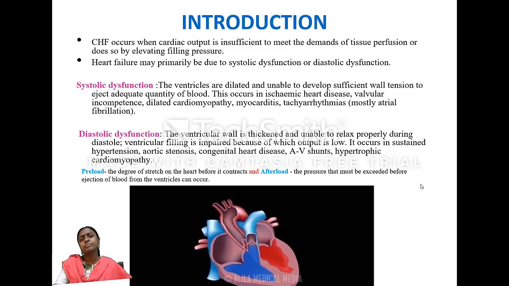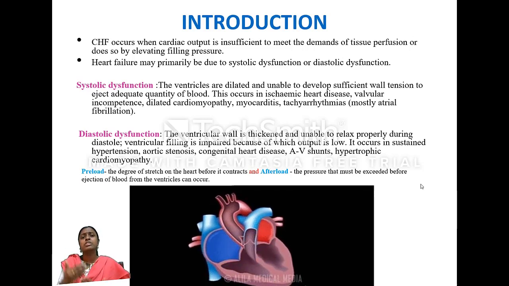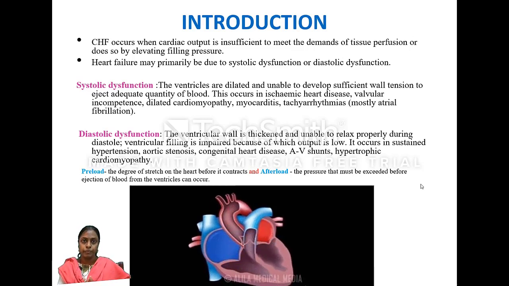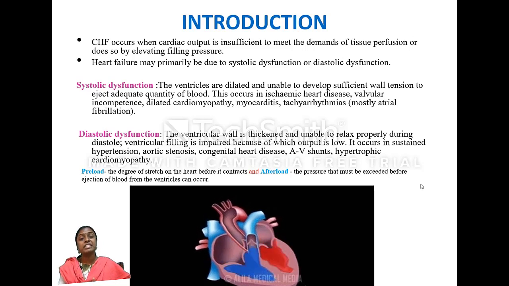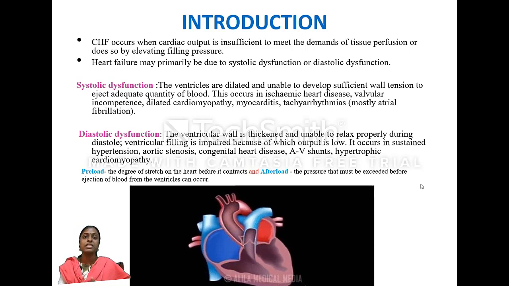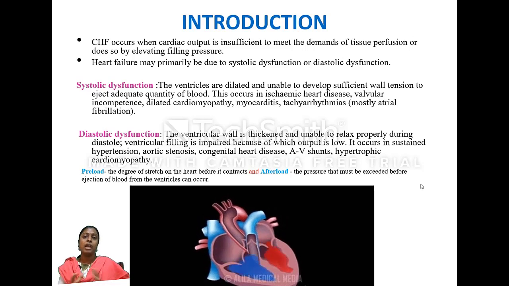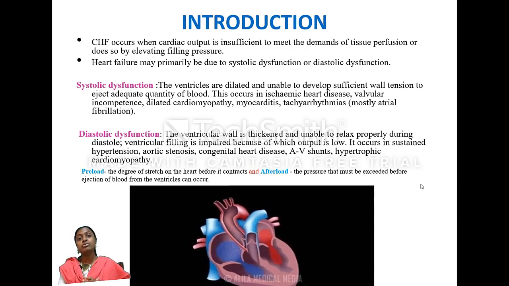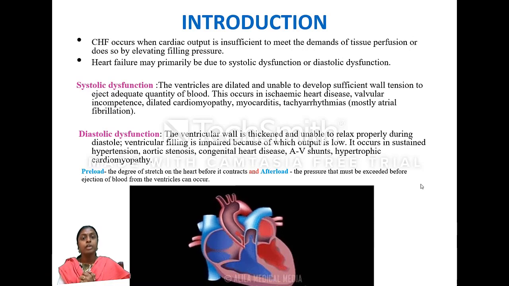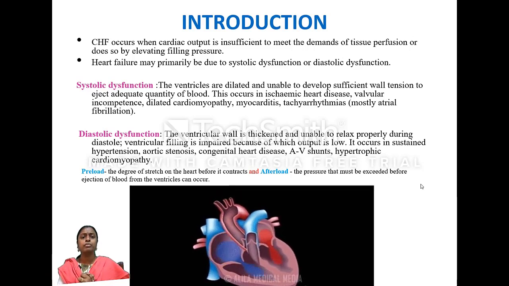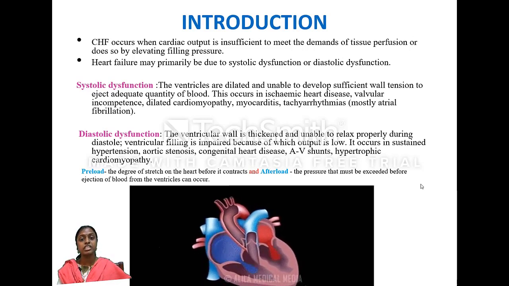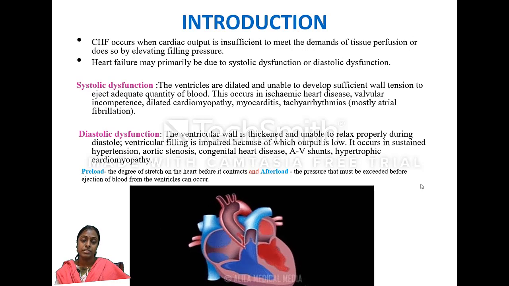Gradually this blood supply will be reduced more and more. Someday the heart will stop. Why are we facing this type of insufficient blood supply to our tissues? Why is our cardiac output not correct? It is due to our ventricular filling, or maybe due to our ventricular contraction. To know this, first of all we have to know two types of dysfunctions. One is systolic dysfunction and the other one is diastolic dysfunction.